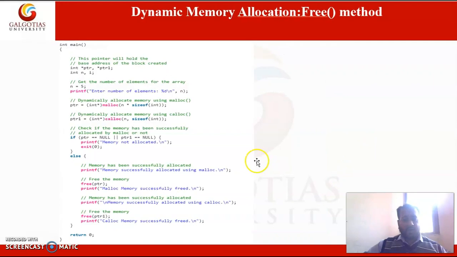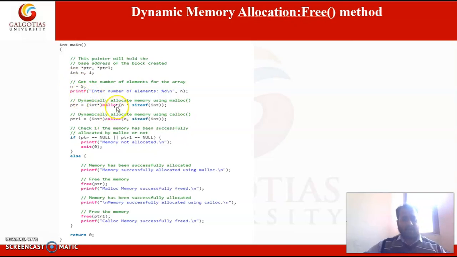In this example, we have declared two pointer variables, ptr and ptr1, and two variables, n and i, where the value of n is the number of elements.